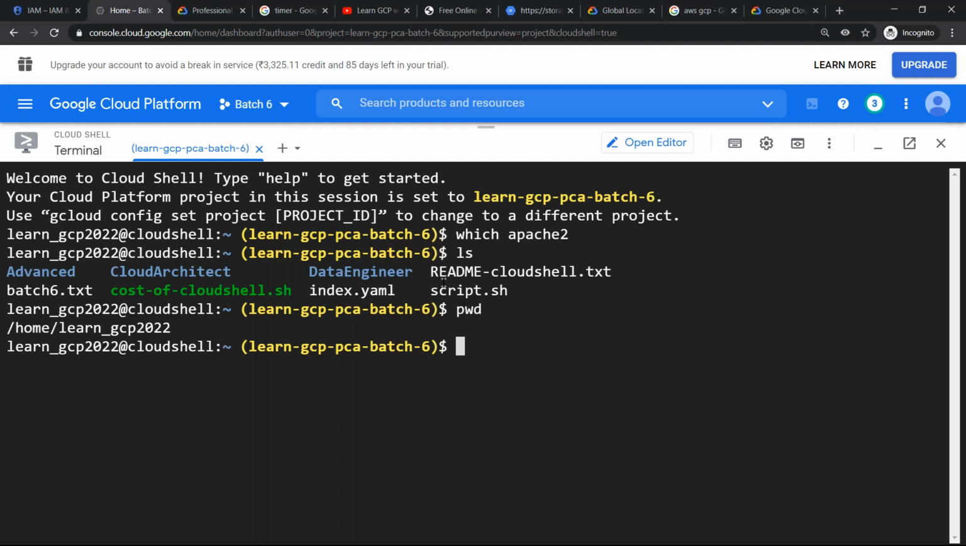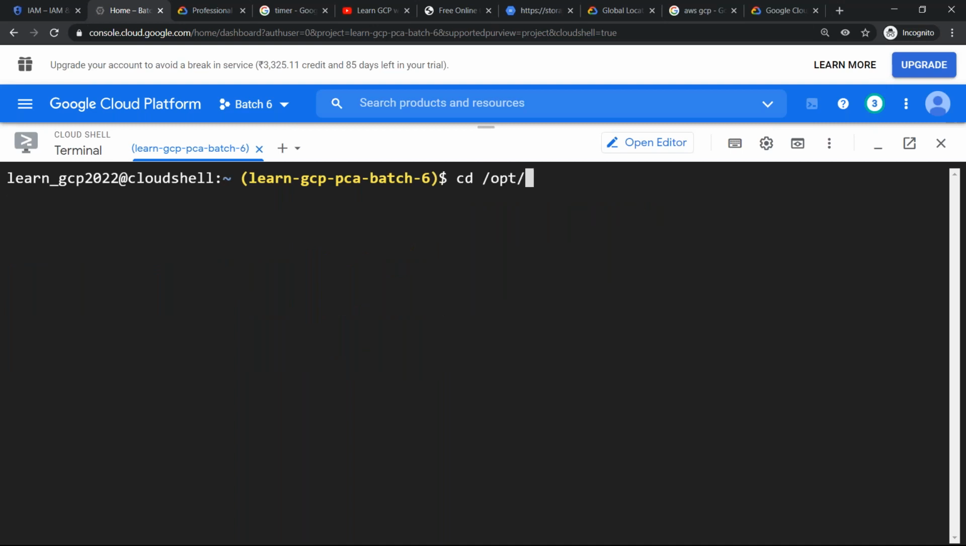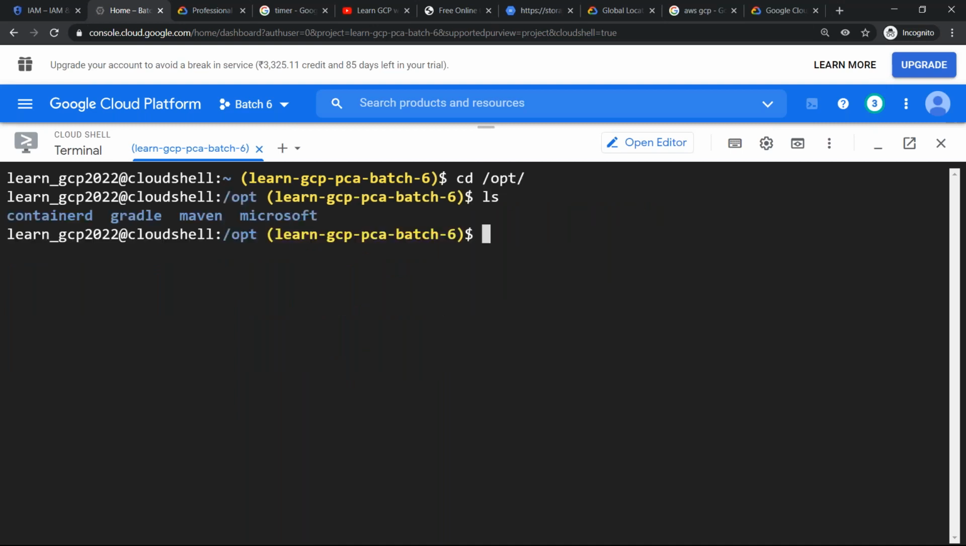I see batch 6 content. What was the thing which I mentioned? Batch 6 day 2. It is there. If I go to my /opt, put ls, where is our batch 6 folder? It is not there. So the key message is, if you want to retain certain softwares, any files or anything,